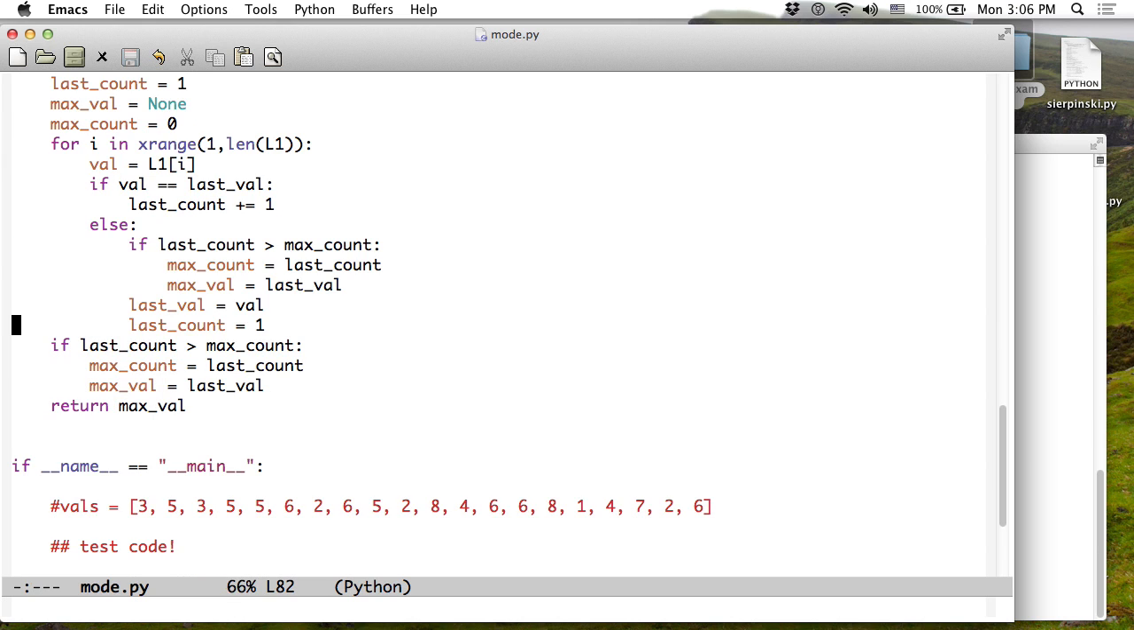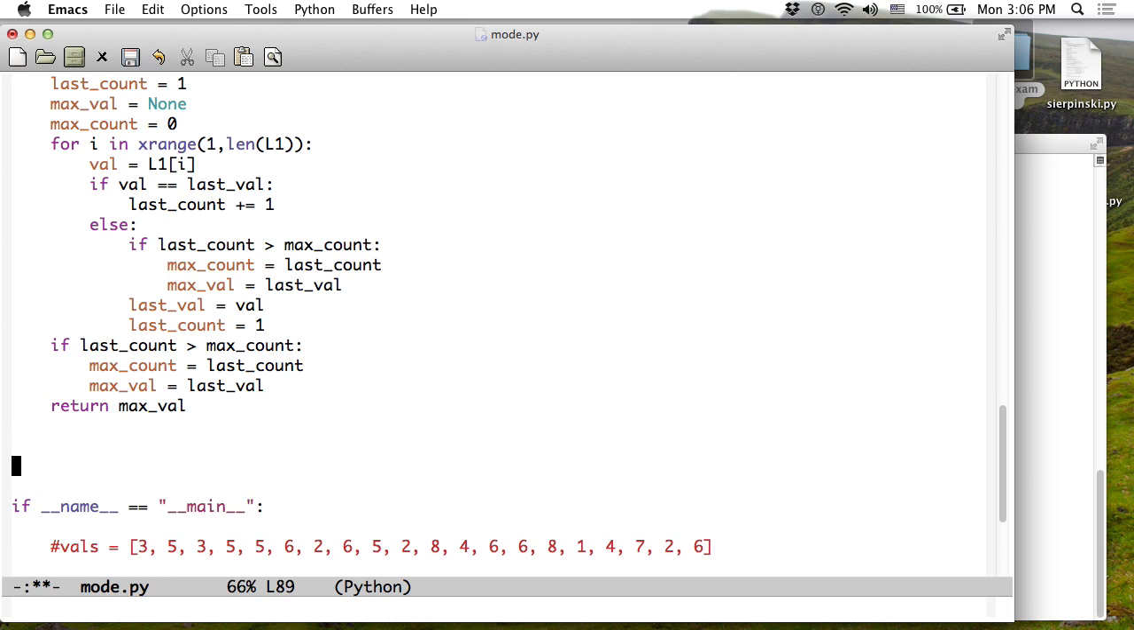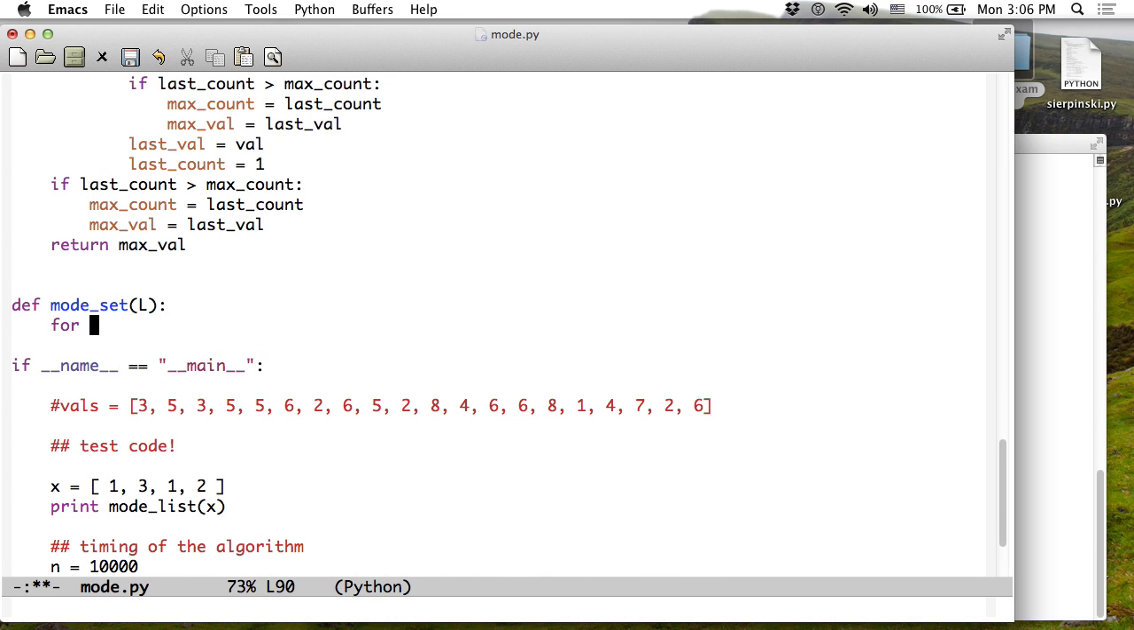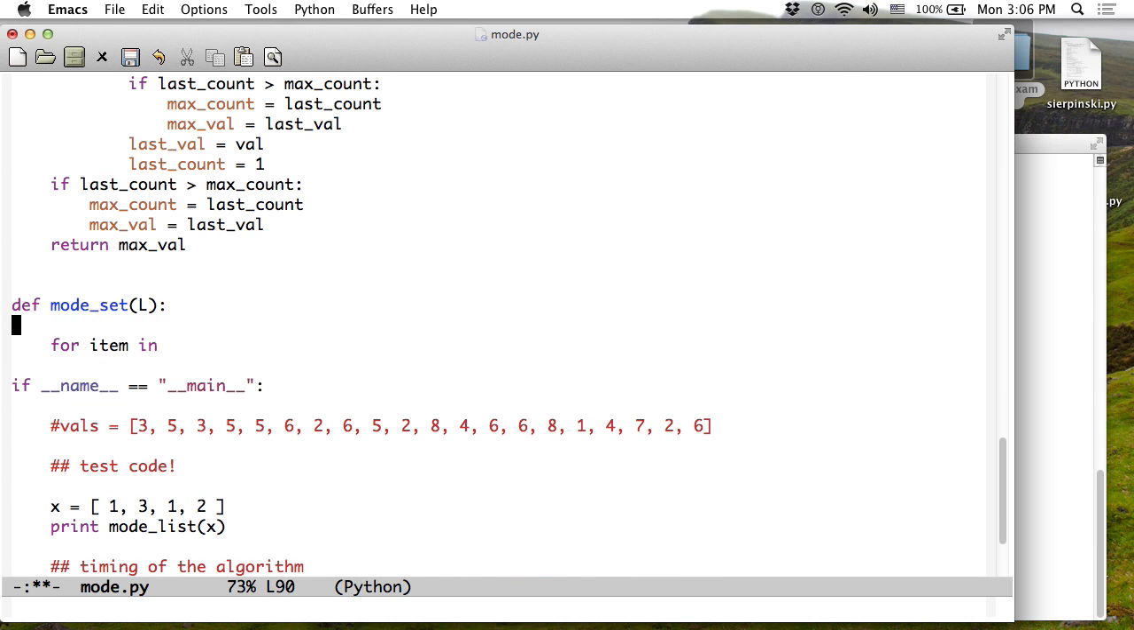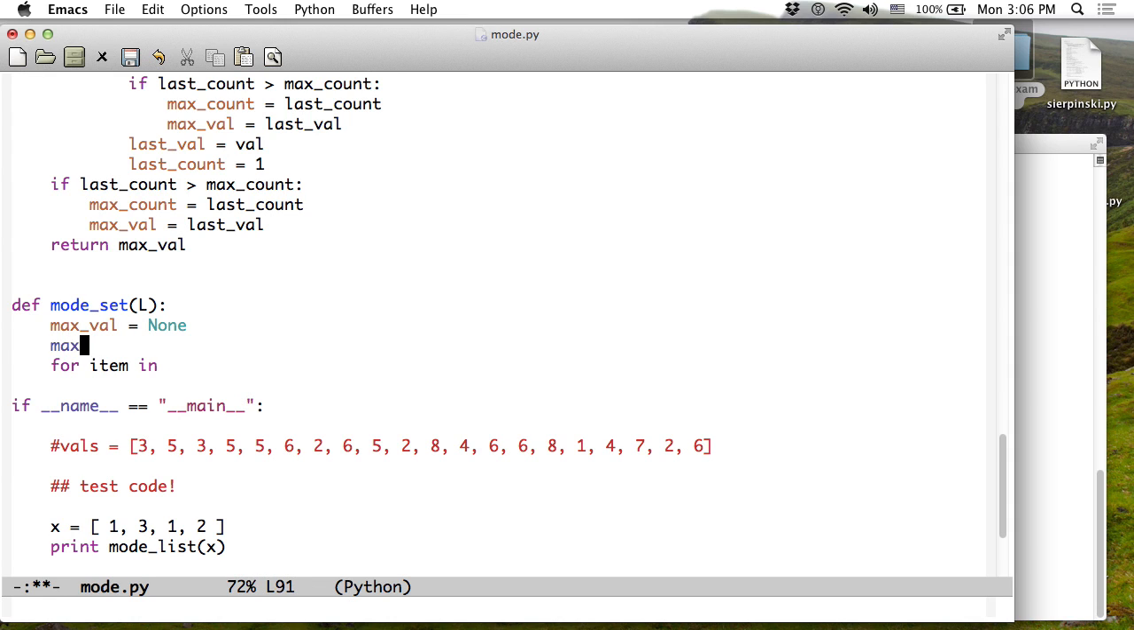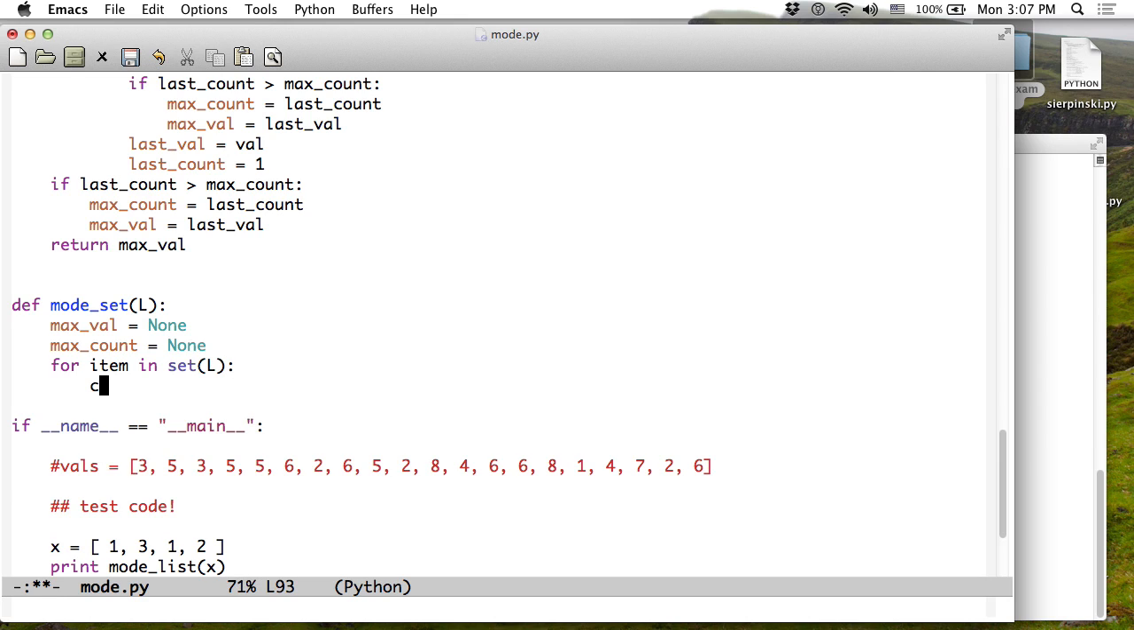Okay, and this is kind of a complex program, but what can you do? So now I'm going to write the set solution. So for item, so I'm going to have max value is equal to none, and max count is equal to none. And for item in set of L, current count is equal to